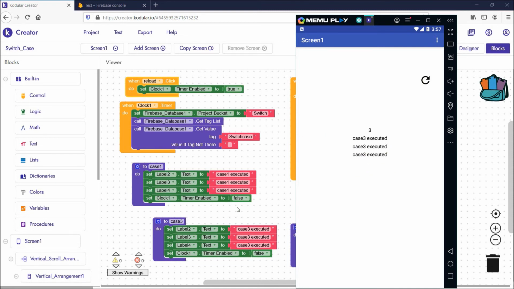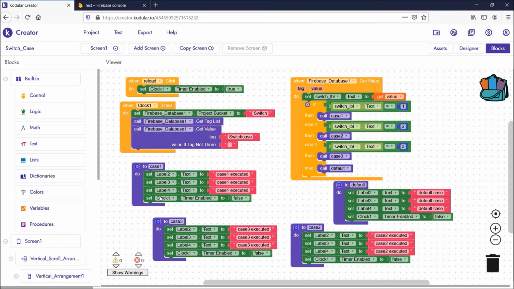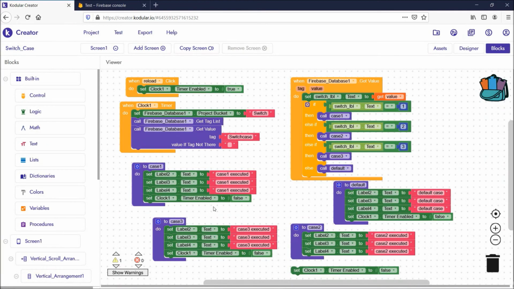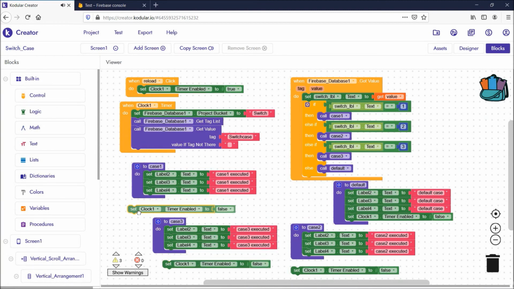So if you remove this, see, I will remove this clock. If you remove any case, I will remove everything. Let us see what happens.